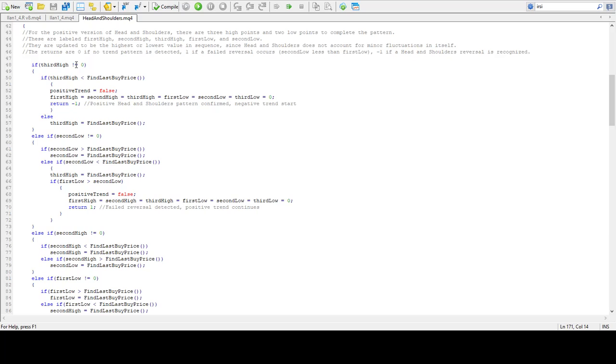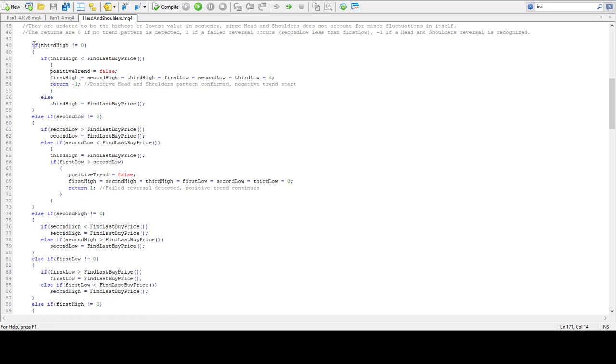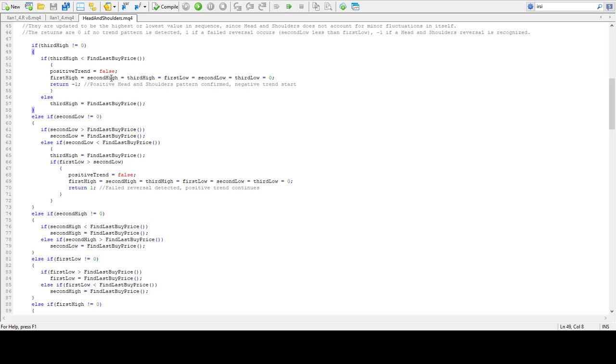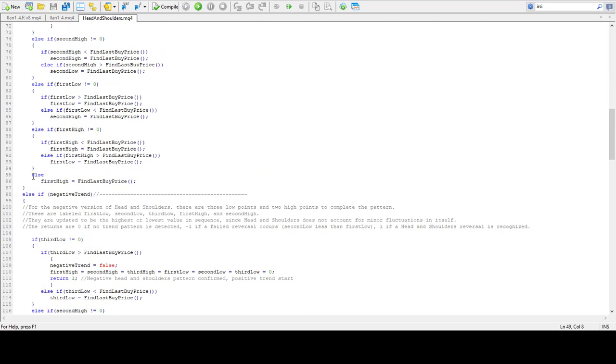Third high is the last case in which we want to have a positive trend, or rather we want to see if it has a trend reversal, and if it reaches that far, it's pretty much guaranteed. It's only a question of when. But starting from the very bottom,